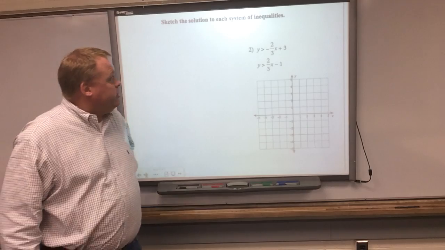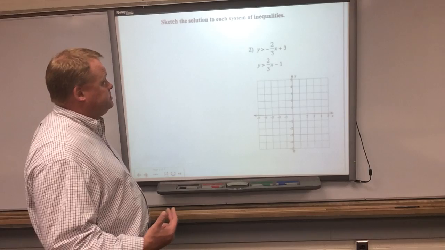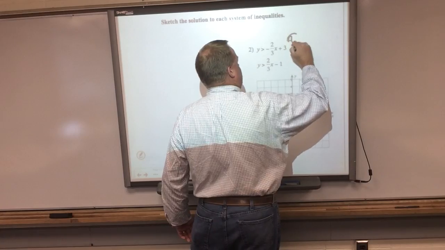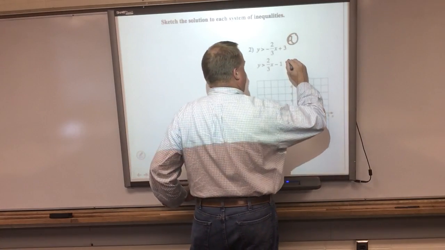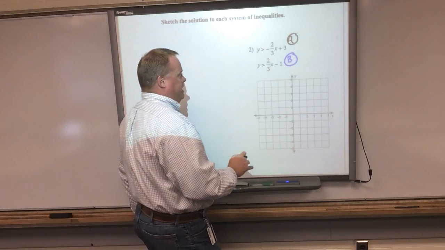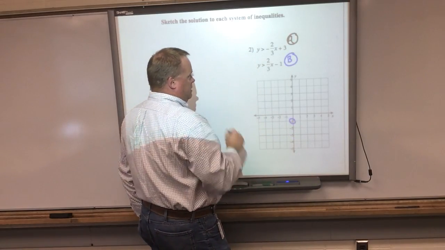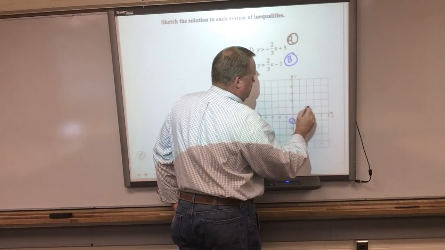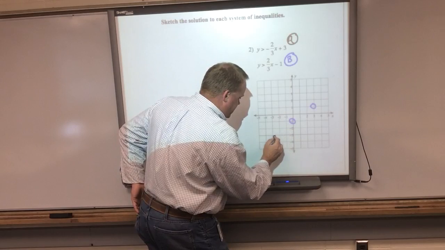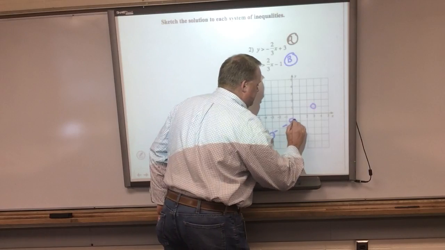I have y is greater than negative 2/3 x plus 3, and y is greater than 2/3 x minus 1. I'm going to label them again, A and B, and I'm going to graph. I'll graph B first since I had the blue pen in my hand. Negative 1, I'm an open circle at negative 1, so I'm just greater than. Plus 2/3 is my slope, up 2/3, down 2 to the negative 3 gives me my other one, dash line,